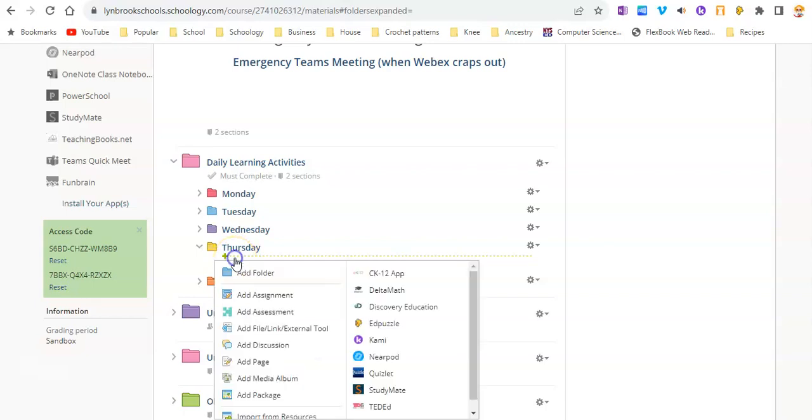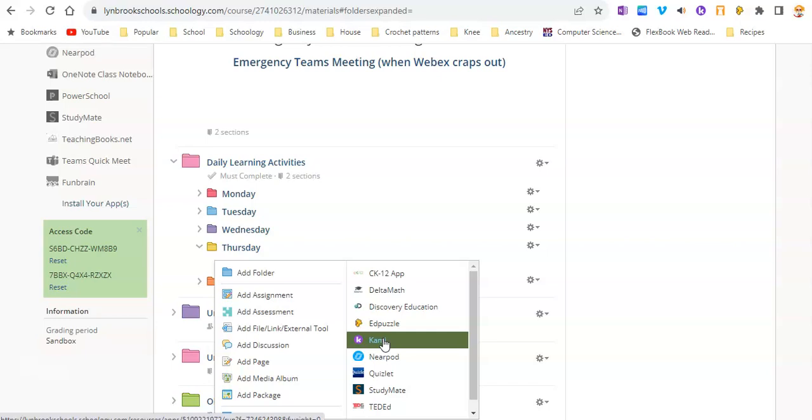and then I'm going to hover my mouse till I see that green dotted line, which gives me a drop down for all the different types of materials you can add in Schoology. So now you're going to see on the right hand side an option that says Kami, so you no longer have to go through the Add Assignment feature. It makes it much simpler and is also going to give you some more functionality that you didn't have prior